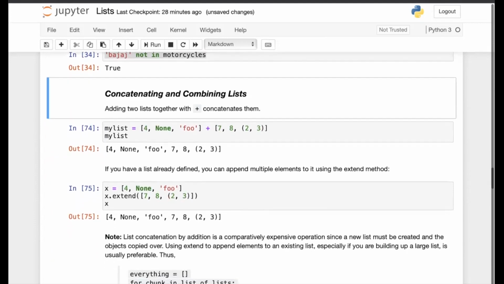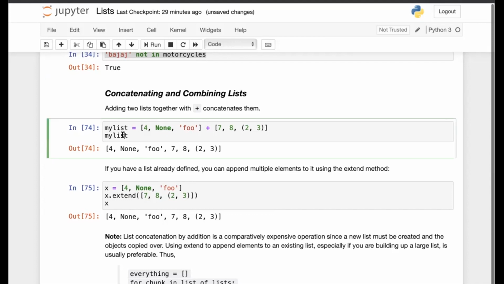Now we'll discuss one more thing, which is about concatenating and combining lists. Adding 2 lists together can be done with the plus operator. Here these 2 lists are there. The first list contains these 3 items: 4, None, and 'foo'. The second list contains these 3 items: 7, 8, and a tuple which has 2 values, 2 and 3.